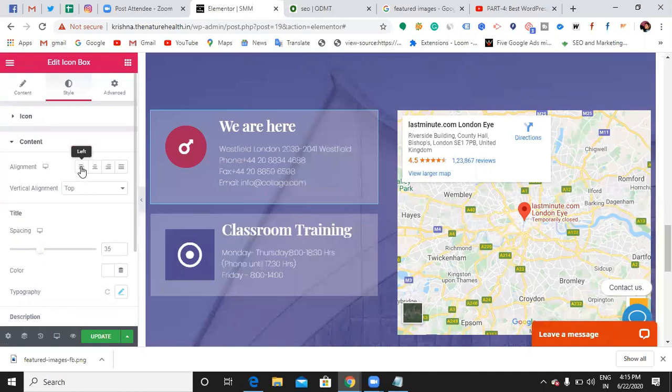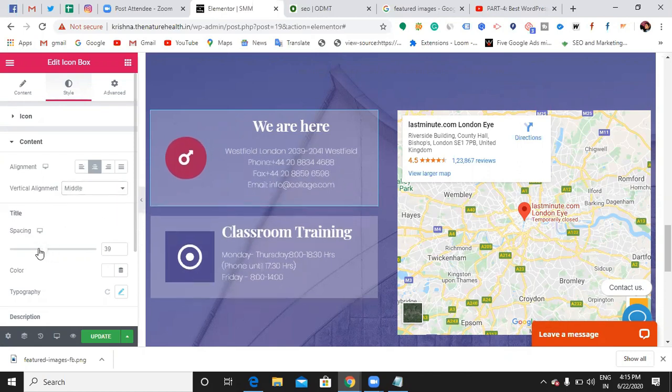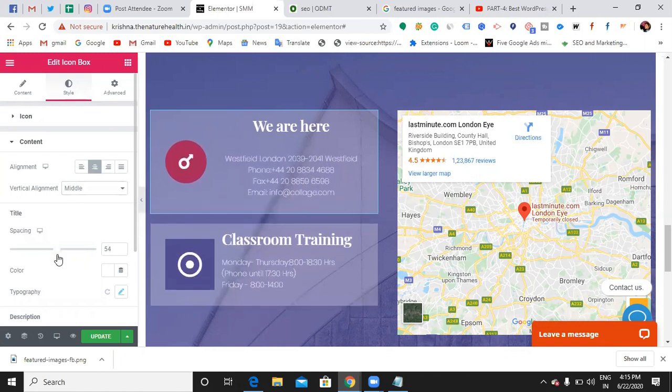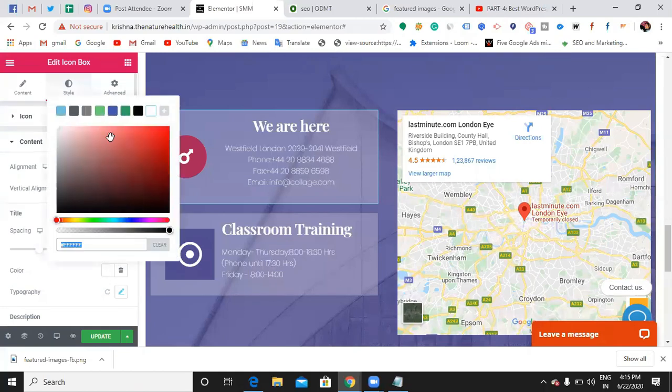Now alignment is left side, right, center. Center is fine. Vertical alignment: top, middle, bottom. Middle is fine. So space between title and your text. Again the color, if you want to change the colors, you can just change it. Red, pink,